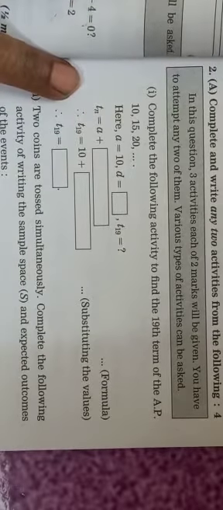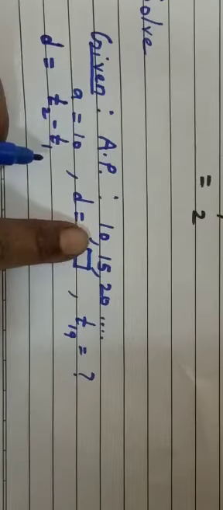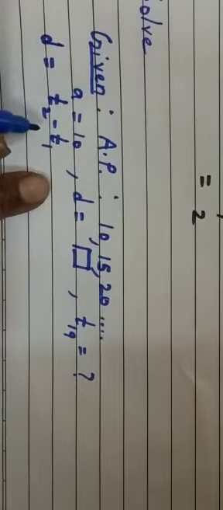So here is the given AP. Now here the box is given, and I have to fill this box. So what will I do? I will write D is equal to. Because it is an AP, the difference between any two consecutive terms is constant. So this is the first term T1, this is the second term, and this is the third term. You can take the difference between any two consecutive terms, T2 minus T1. You can take T3 minus T2 also. It is your choice. I have taken T2 minus T1.